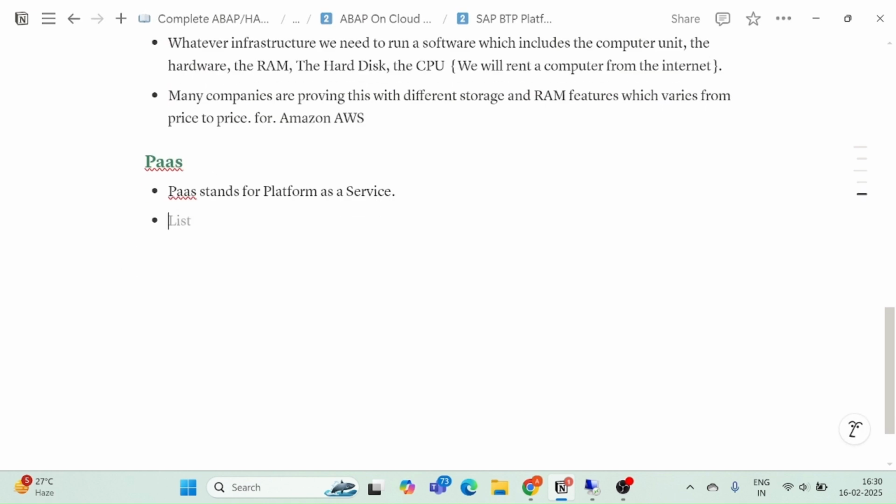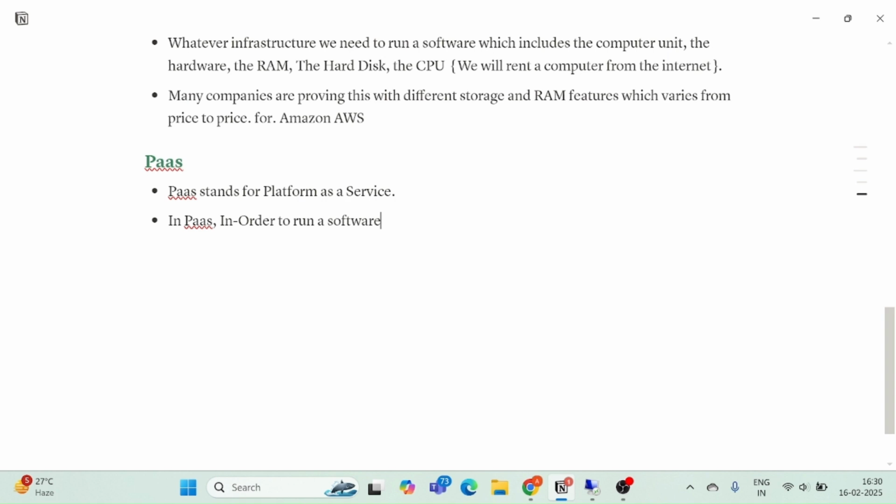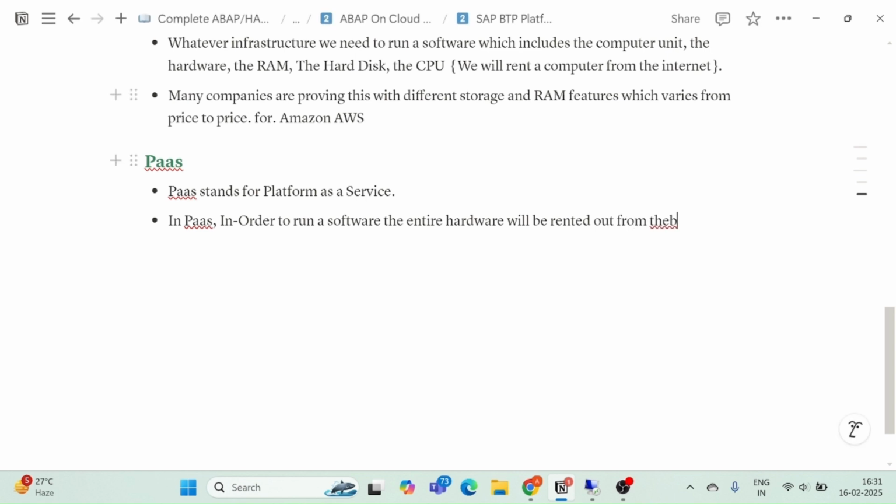Now in case of PaaS, in order to run a software, the entire hardware will be rented out from somebody. For example, I will take all the hardware over the internet from somebody,